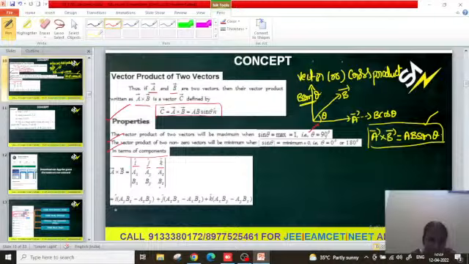And the determinant value will be equal to, first we neglect this column and this row, and the difference in the cross multiplication will be the component of i. So it will be Ay Bz minus Az By, plus